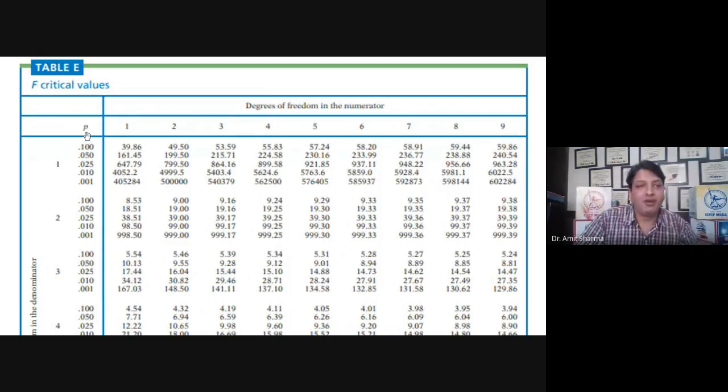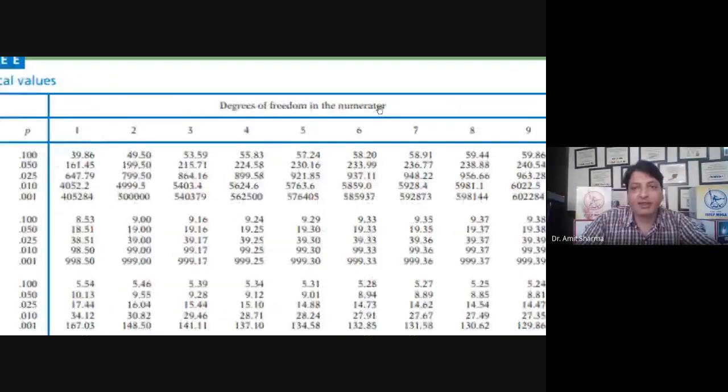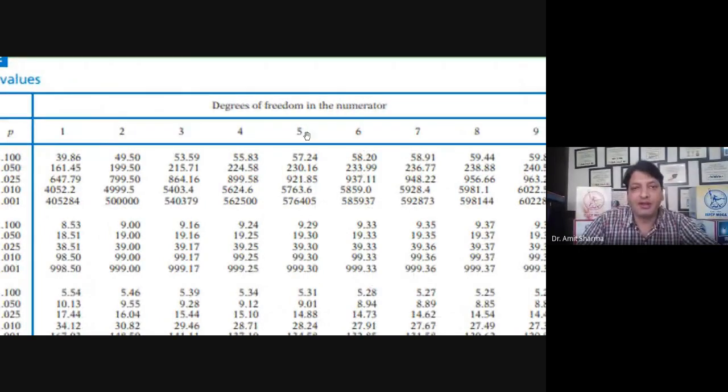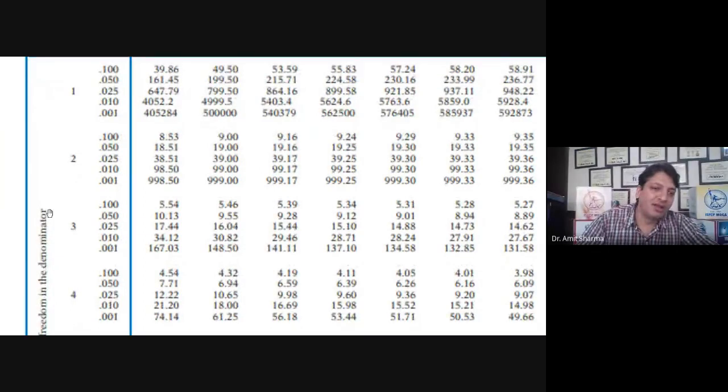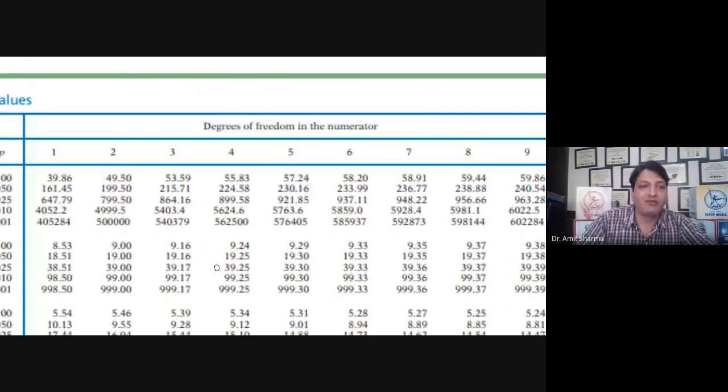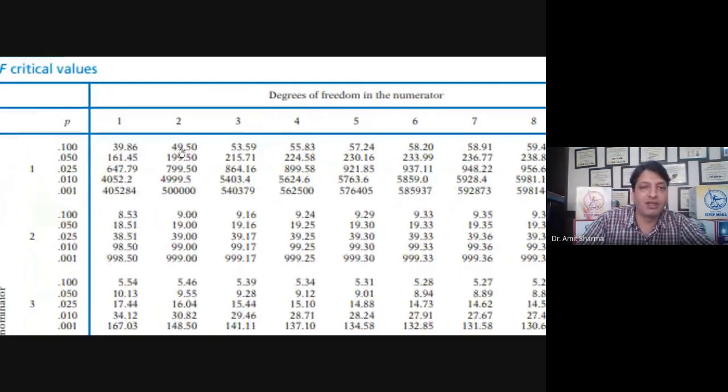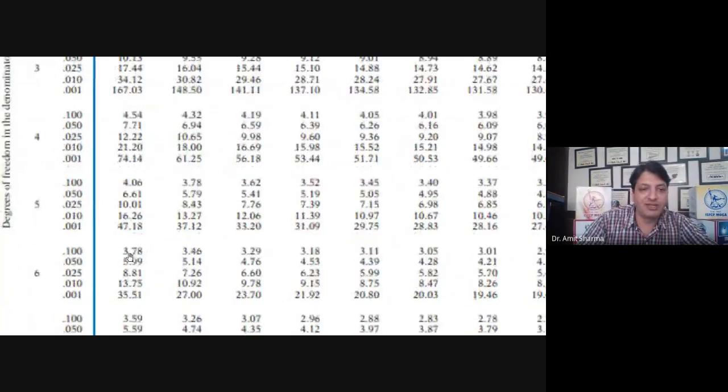In the table, on the top, the numerator is given. This is your numerator, and this one is the denominator. Clear? We have found the numerator 2 and the denominator 6. So we have to follow this column of 2 and row of 6.